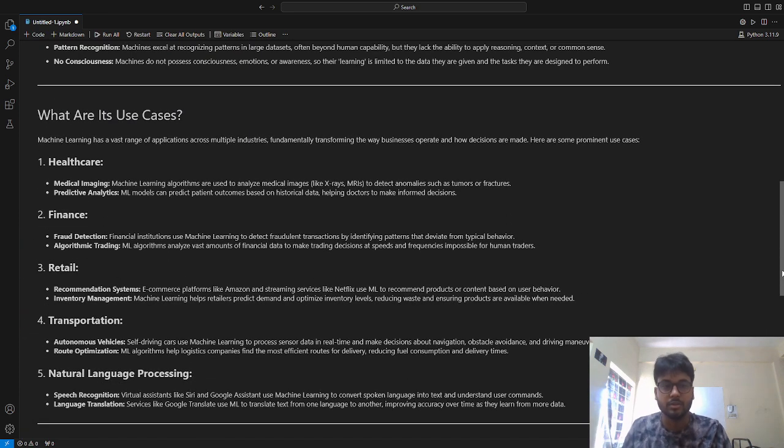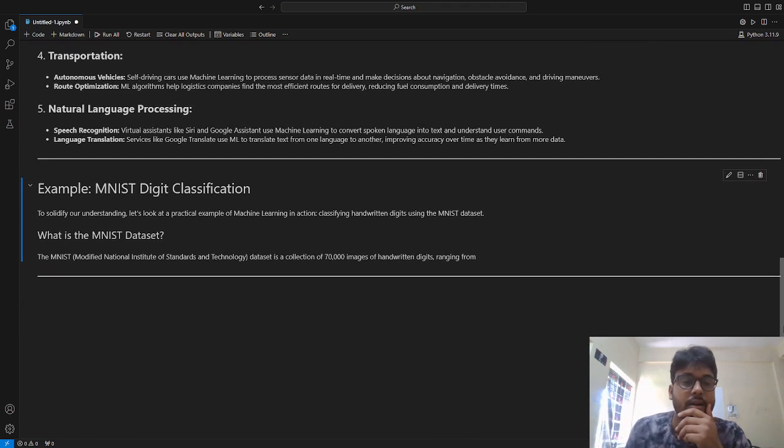Exactly what was the project doing? The project was able to identify what digit I was drawing, and it correctly identified it in almost 99% of the cases. But it was a simple handwritten digit. It wasn't a printed digit. You can draw a handwritten 5 in 1,000 or 1 lakh number of ways, but the model would be able to say that it is a 5.